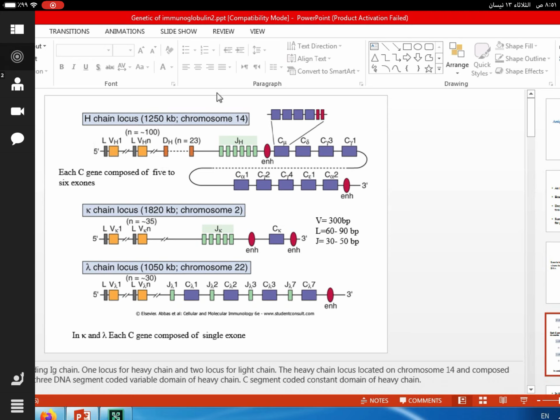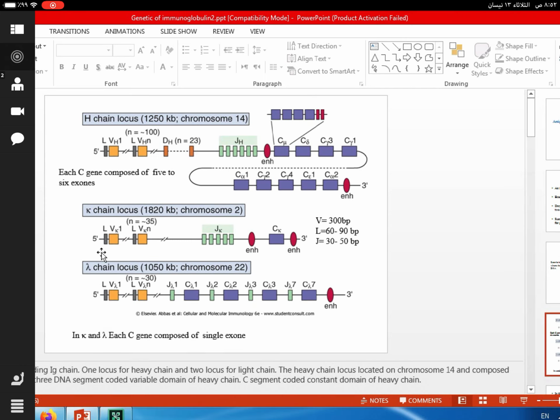Subtle investigation of the locus on chromosome 14 showed that the variable domain of the heavy chain is coded by 3 DNA segments: V, D, J. V, D, and J code the variable region of the heavy chain of immunoglobulin, and the C segment codes the constant region of the heavy chain,